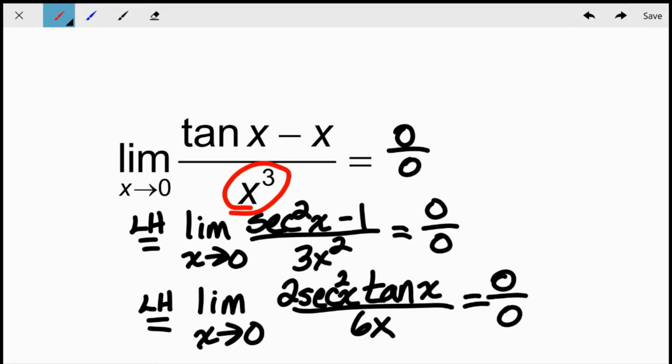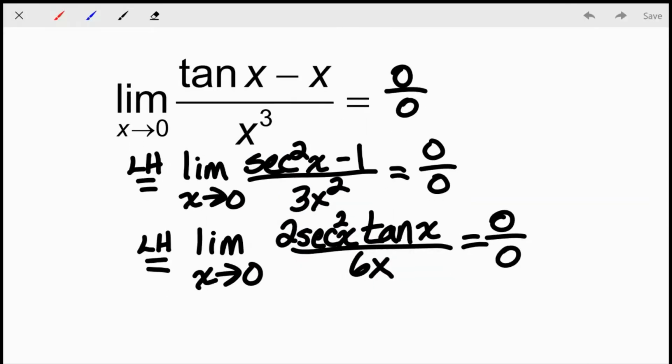So actually, I know on the next step, I'm going to come to some sort of a conclusion about what this limit is going to be, because when I take the derivative of 6x, I'm going to get 6. So I'm going to do L'Hopital's rule one more time. And when I go through my process here, in the numerator, my derivative is starting to get kind of messy,